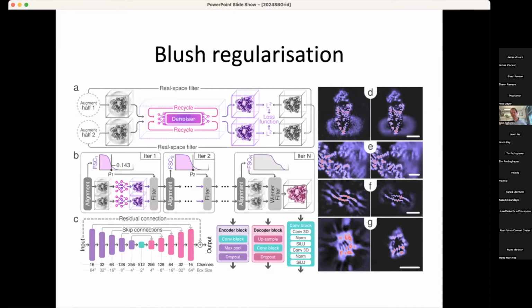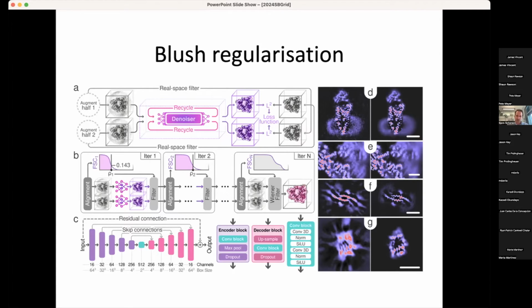And it replaces the Fourier Wiener filter that was the result of the Fourier-based prior in standard Relion regularization. And in the figure here on the right, you can see if you give it one input map, a single execution of the denoiser here in panel D goes from this type of input map to this type of output map. So you'll see that any noise in the solvent gets flattened, this membrane patch gets flattened nicely, and then density inside the protein region is mostly retained, but perhaps sharpened up a little bit. And this panel E here is another example.